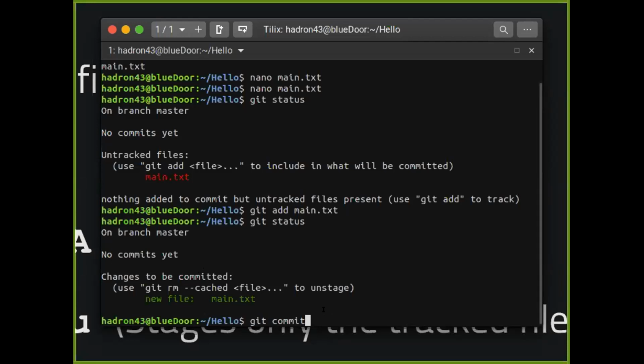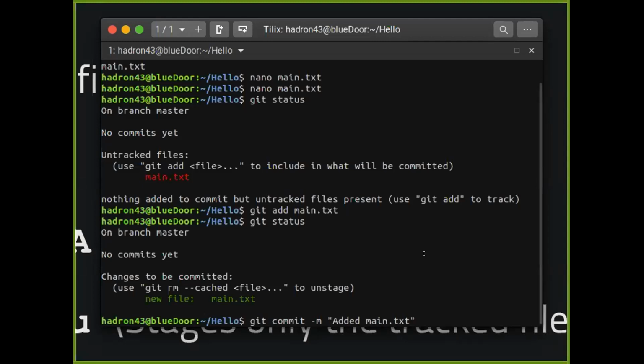So I would also like to give some message. What did I do in this file? You can do it with -m. Why am I using -m? You can do this without -m too, but I suggest using -m. That says the commit message. What message do you want to give? Generally, what have you done in this commit? So I'll just say added